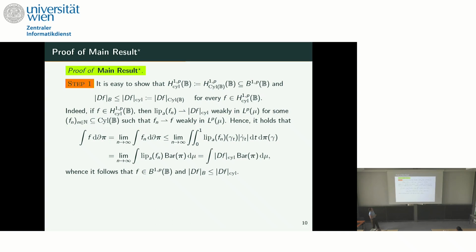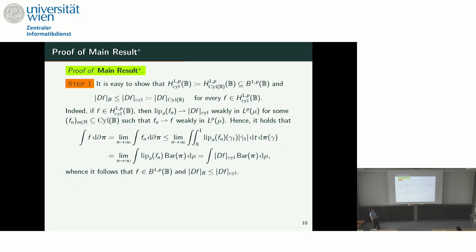And then you can just start writing the weak upper gradient inequality that you would like to pass to the limit from the Lipschitz functions to f. So you consider the plan in the set with the boundary, and given that I was assuming that the barycenter is in L^q and this converges weakly in L^p, you can pass to the limit here, and then you can bound this difference of f_n in gamma 1 and gamma 0 just by the asymptotic Lipschitz constant of f_n in gamma_t and the metric speed of gamma, integrated with respect to dt. But now this, by the definition of barycenter, is nothing but this here. And again, the barycenter is in L^q, so you can pass this also to the limit and